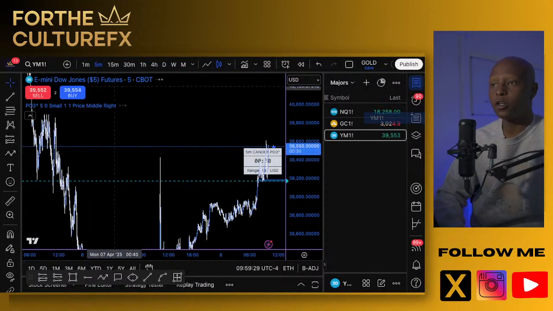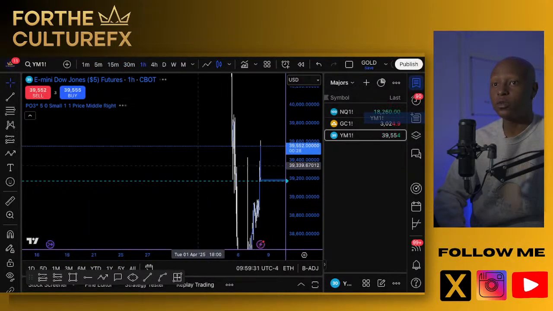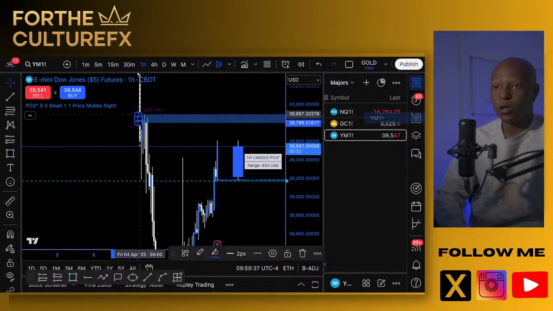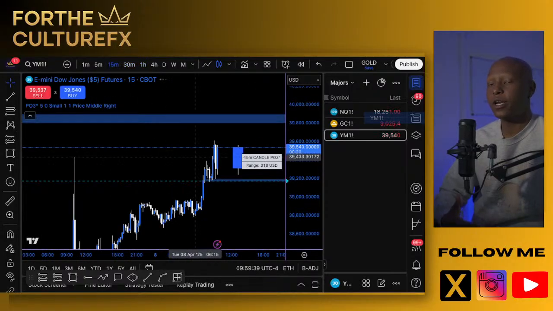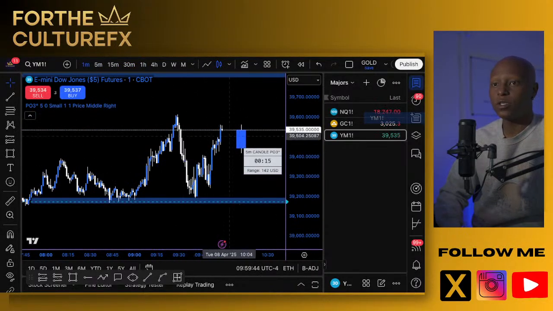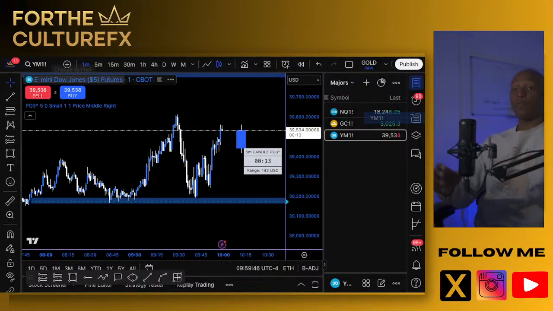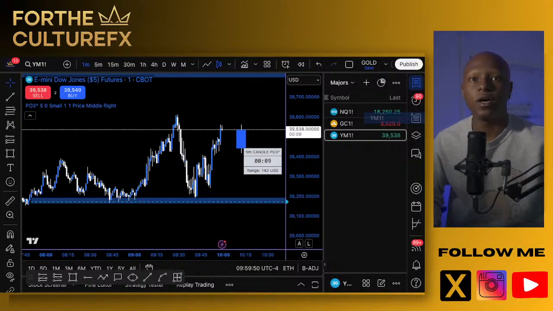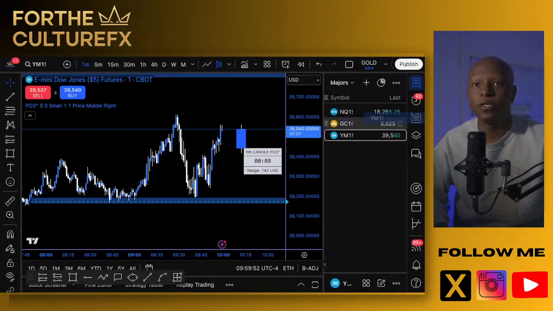Now, we do have larger time frame targets that price can go and run to, which would be in these areas up here. So we could say these highs would be our larger time frame area of interest. This is an area where we can anticipate price to potentially run to if in fact we do see this bullish continuation. So 15 seconds until this 4-hour candle closes, and then we'll look to execute on the second trade here.